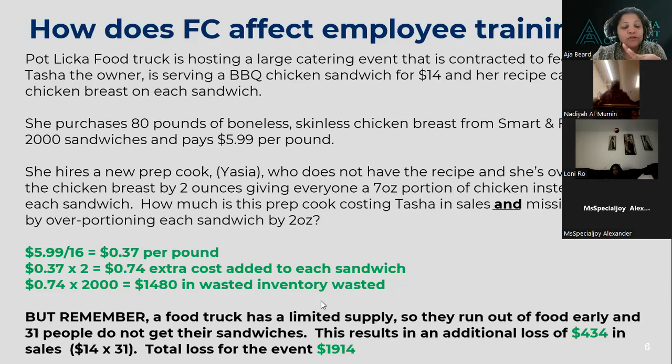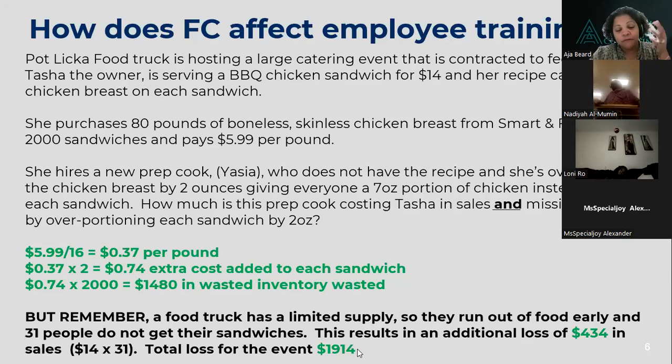But keep in mind, when you're a food truck, you have a limited supply. So they tell you to show up for this amount and you show up and you run out of food. Depending on your contract, they may not pay you out for those additional missing sales. So if we run out of food because we're over portioning, let's say we're doing the 7 ounce instead of 5, there's 31 people that are not going to get their food. That's $14 per person that I'm missing. That's another additional loss of $434. So the total loss for the event was actually